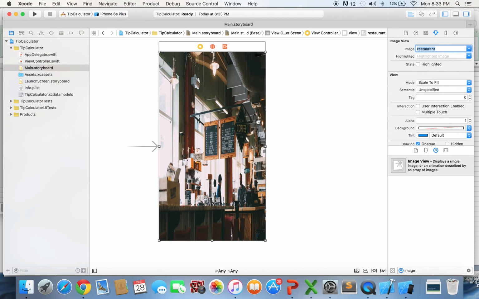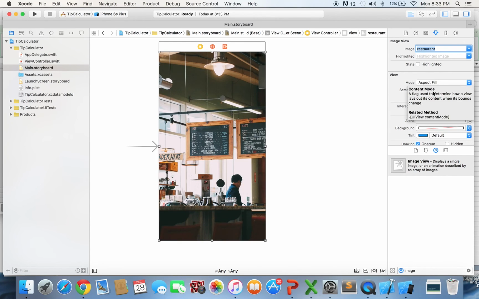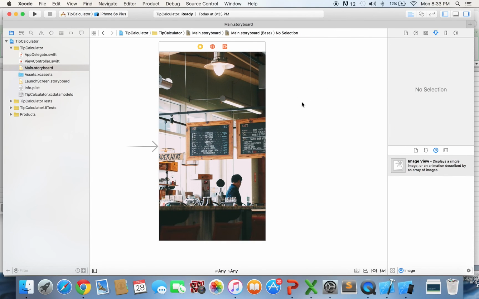But you'll see the image is sort of stretched, and I don't really like that. I would rather have a smaller portion of the image that looks better. So instead of scale to fill, we'll set the content mode to aspect fill. And to me that looks a little bit better. So the next thing we want to do is, you have the option of either leaving it like this, or I personally like to make it look a little bit better. So sometimes I add a black filter over this